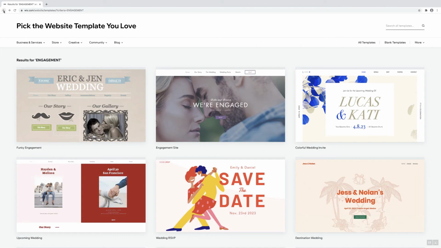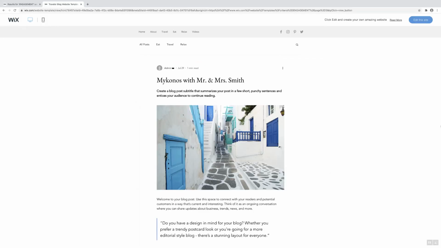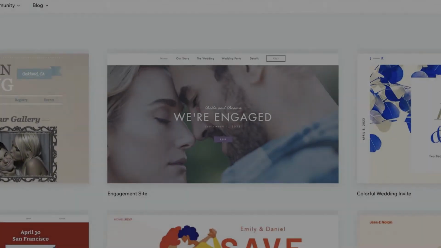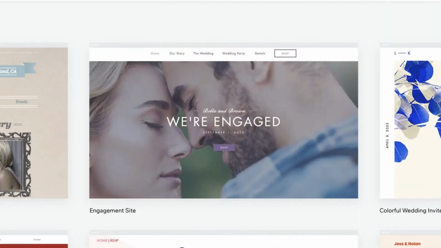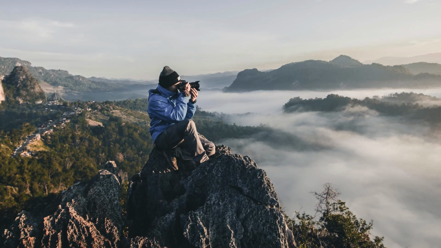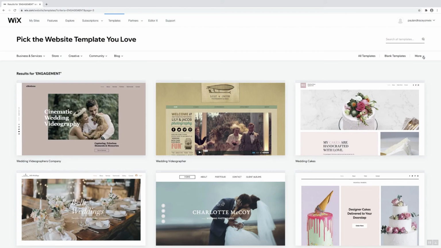Just something to keep in mind is that each template comes with certain apps, such as stores, bookings, or a blog, pre-installed in order to help get you started faster. So if you wanted to build a personal wedding website, but you selected a template of a professional photography website as your starting point, it will require more customization, as the features that were added by the template designer were created with the end user of a photographer in mind, not a bride or a groom. But don't worry, you can't break it. If everything goes wrong, you can just start again.